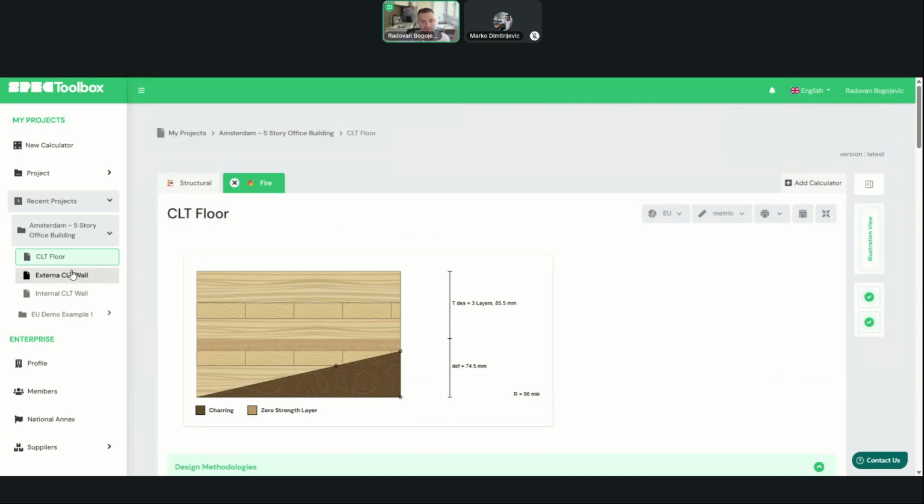Now we can go to the CLT wall design. I will just switch back to the presentation to see what is the